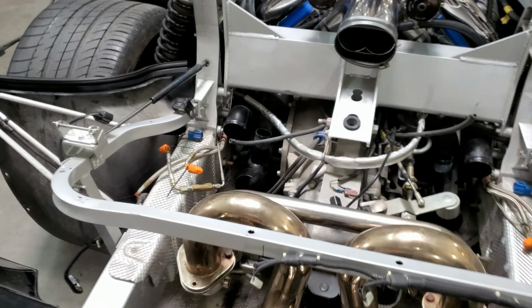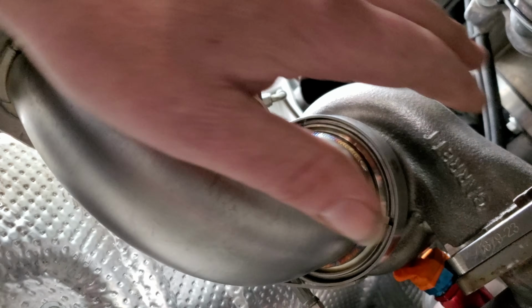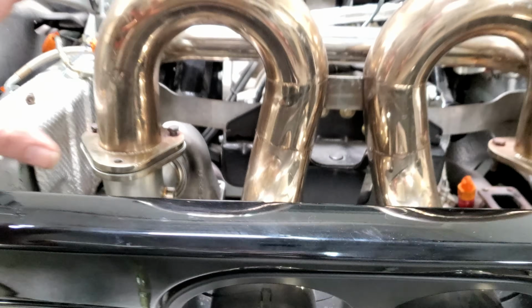So case in point here, I built these last night for this new frame of turbo that we have here. Let me see if I can get all this in here. All right, so this new frame of turbo has to get adapted to this old exhaust, right? I sliced off the old flanges, built the new tube, welded all this up, and we're gonna use this exhaust. Now, the tricky part here,